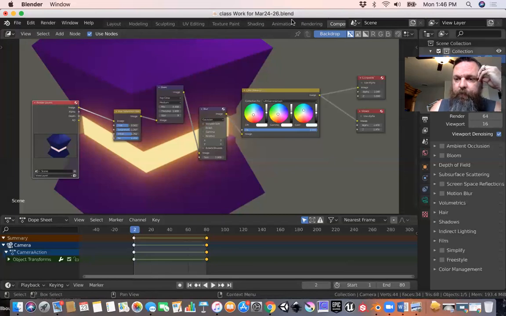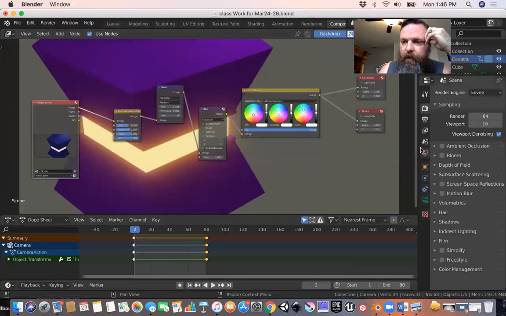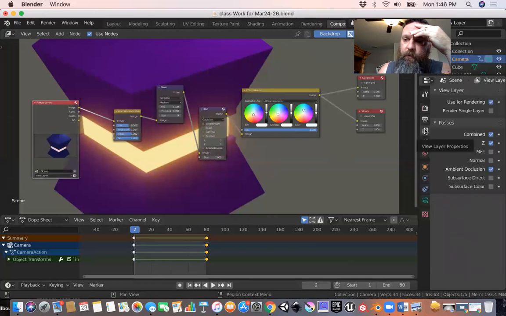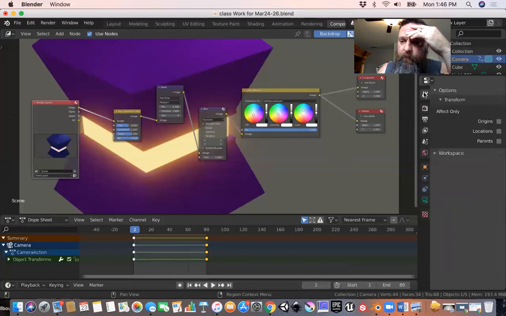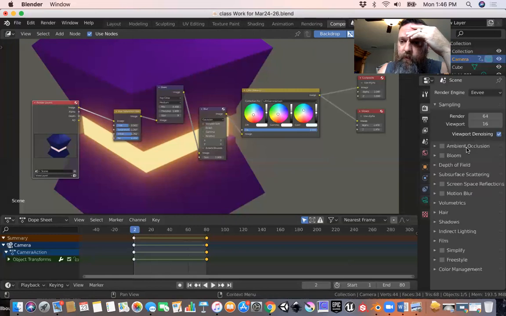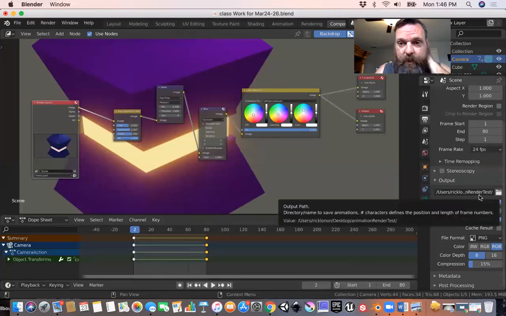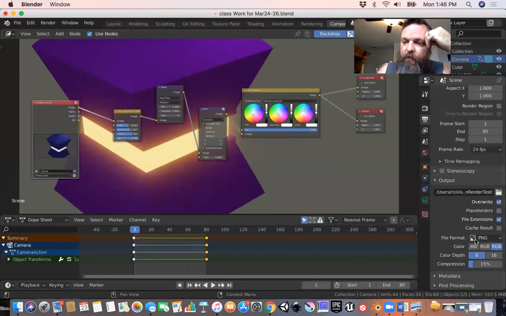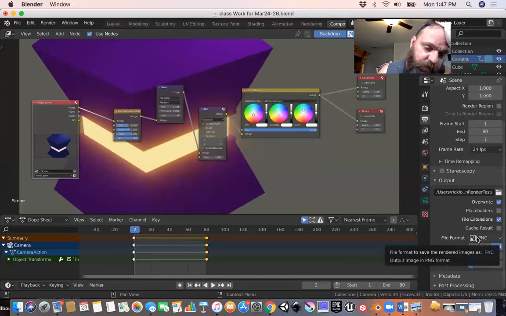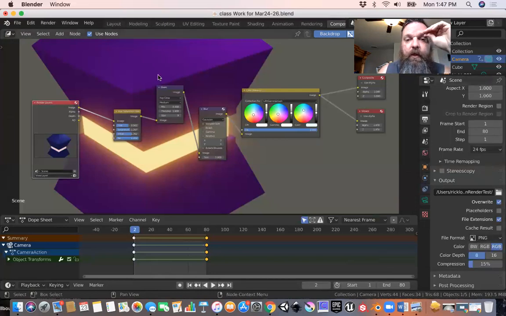So if you guys will remember, we talked about when you're doing your output, which is down here on the bottom right, you're going to save everything to a folder on your desktop. Otherwise, you're going to have stuff everywhere, right? So we're now using PNG files. We're not rendering these things out straight to video,